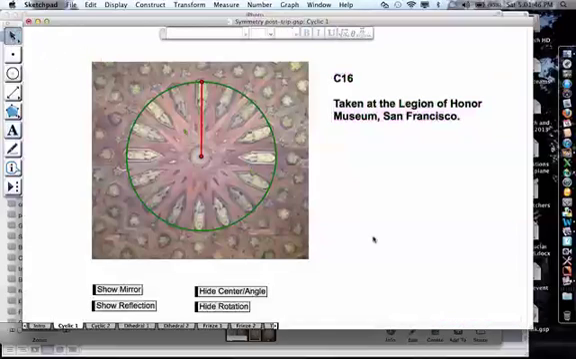Let me do a dihedral design next. You'll have to do 2 cyclic designs. I'm just going to